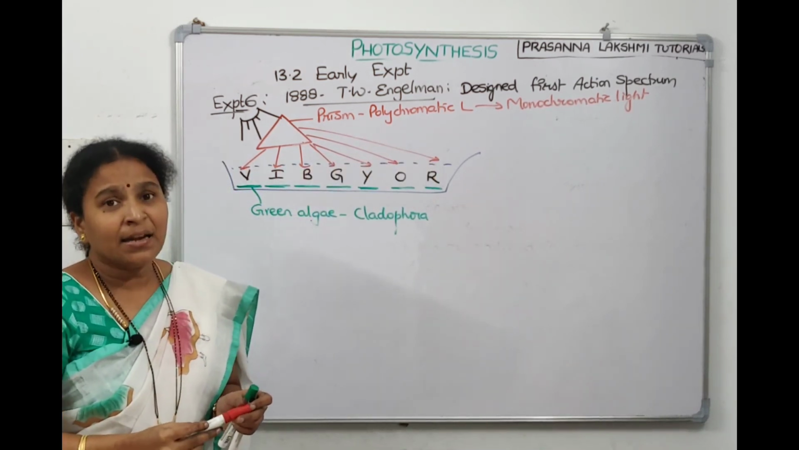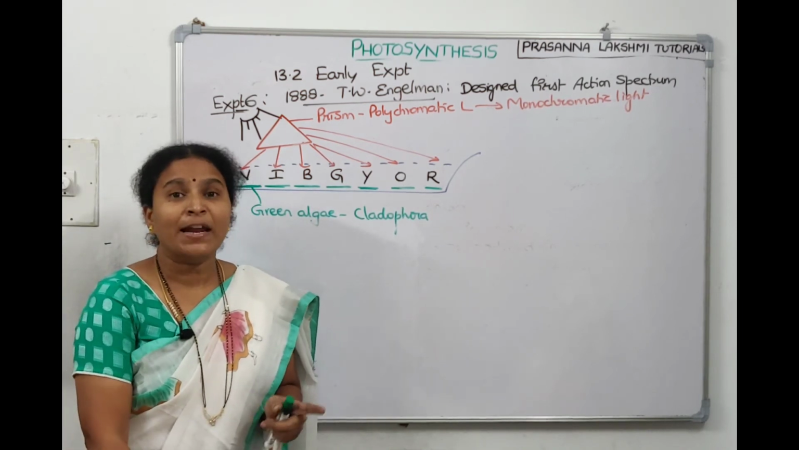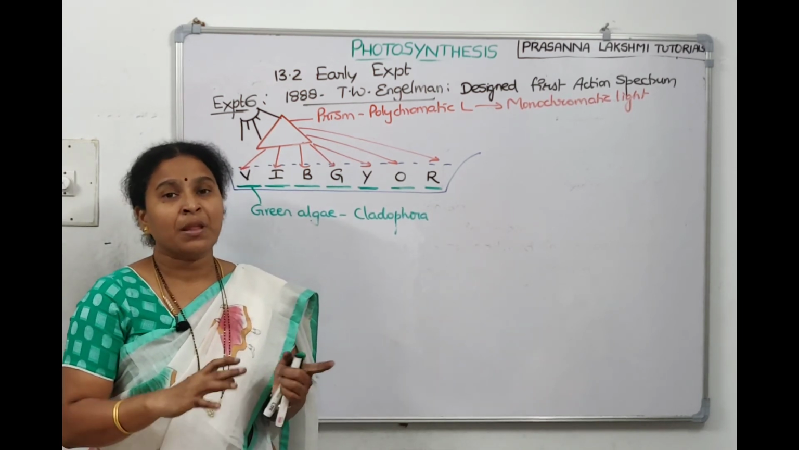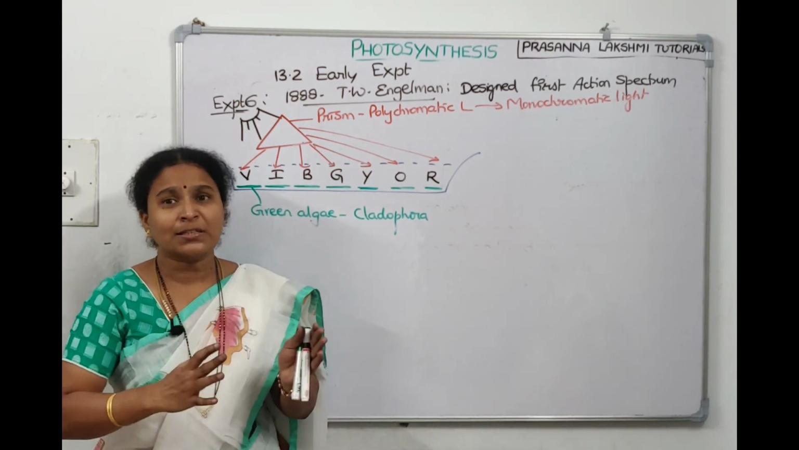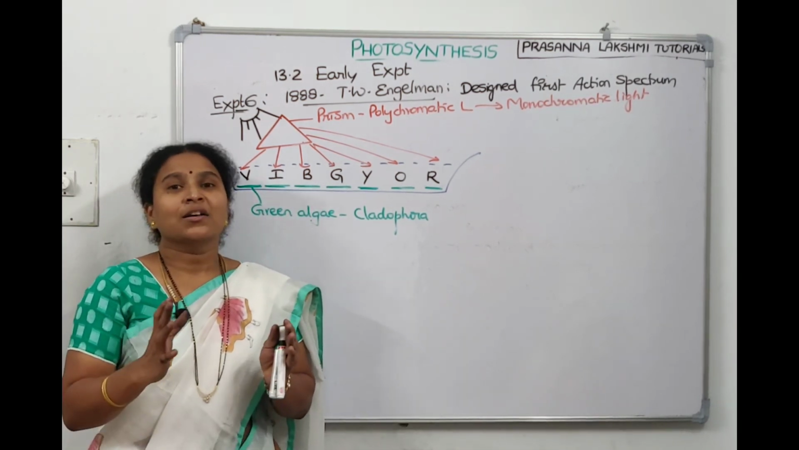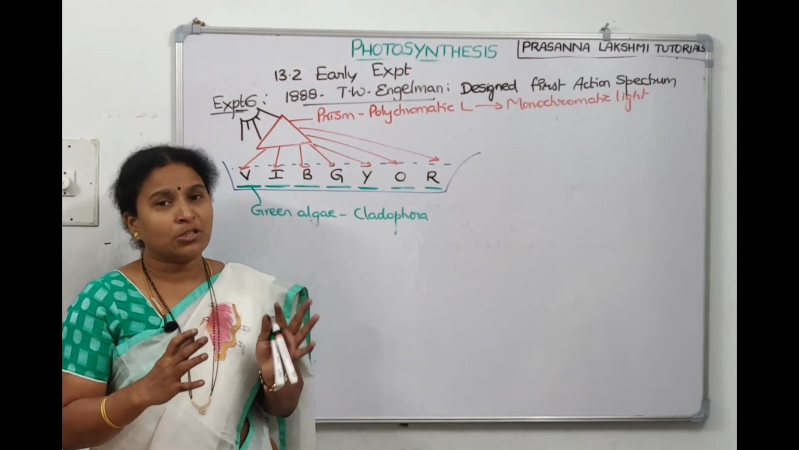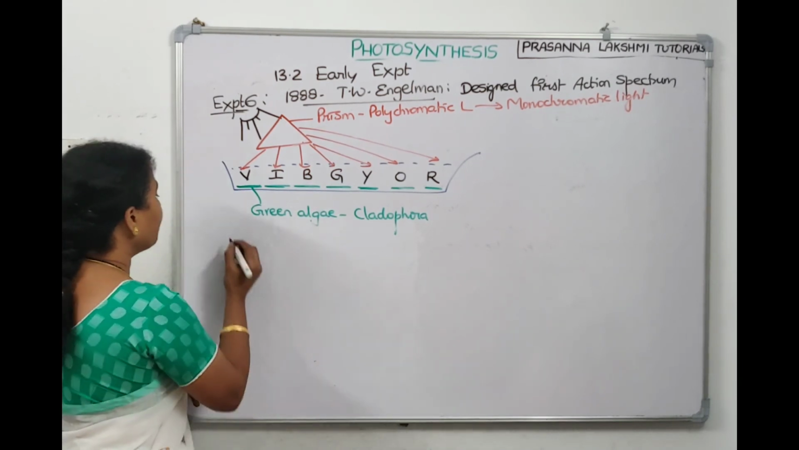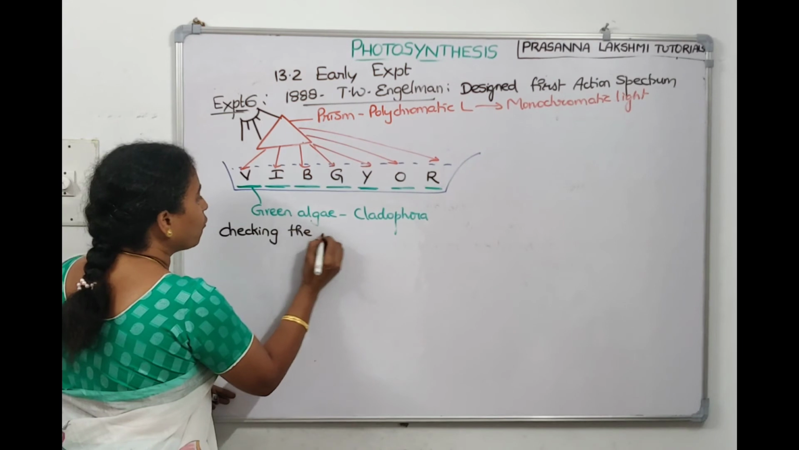Then he wants to see in which wavelength of light more photosynthesis will be done. How is he checking the presence of photosynthesis? The more the photosynthesis, the more the oxygen gets evolved. So that means more bubbles should be there. He is checking the process of photosynthesis. What is he doing? He is checking the rate of photosynthesis